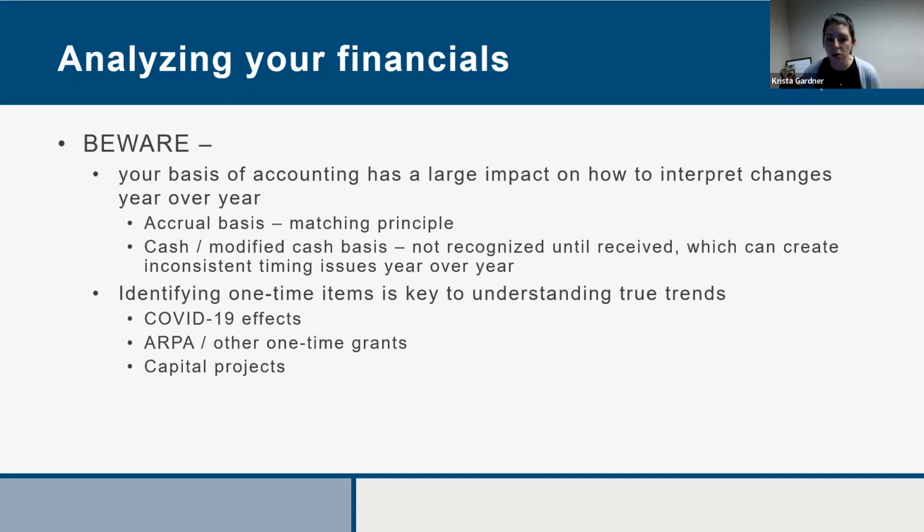And then some of these we started to talk about, but one-time items are key to understanding true trends. COVID-19 effects, ARPA and other one-time grants, capital projects. If you're only looking at 3 years of information and preparing for the next year, but in those 3 years you had a big capital project that was happening, or in one of them you had a big capital project, et cetera, understanding that before we just kind of say, okay, we're going to use a percentage